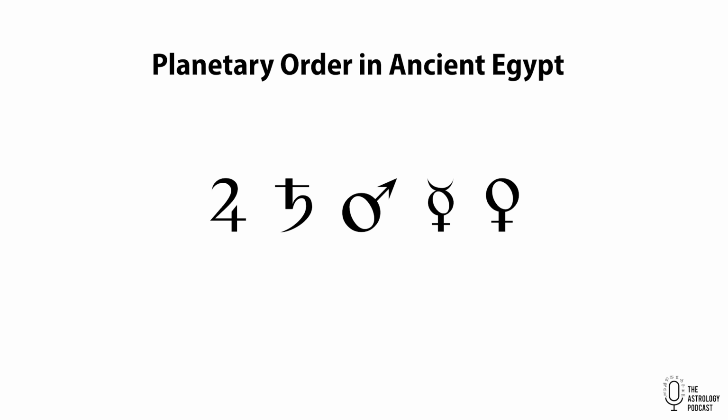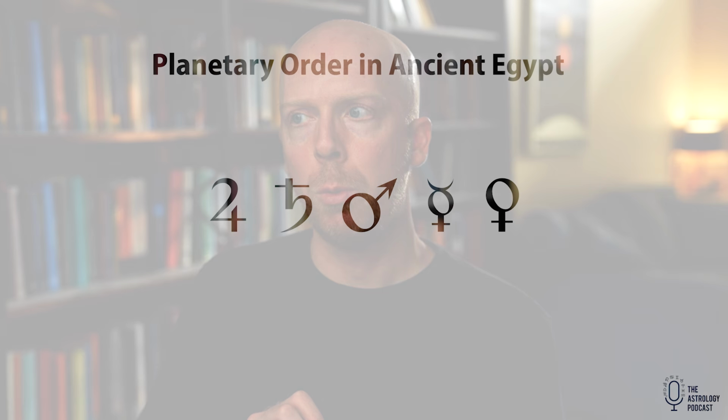As you can see, this isn't necessarily following an order that would be more familiar to us, like the later Chaldean order, the planetary order of the seven zone sphere that we saw earlier. But it did, for different internal reasons, become what seems to be the standard order in ancient Egypt. So, over in